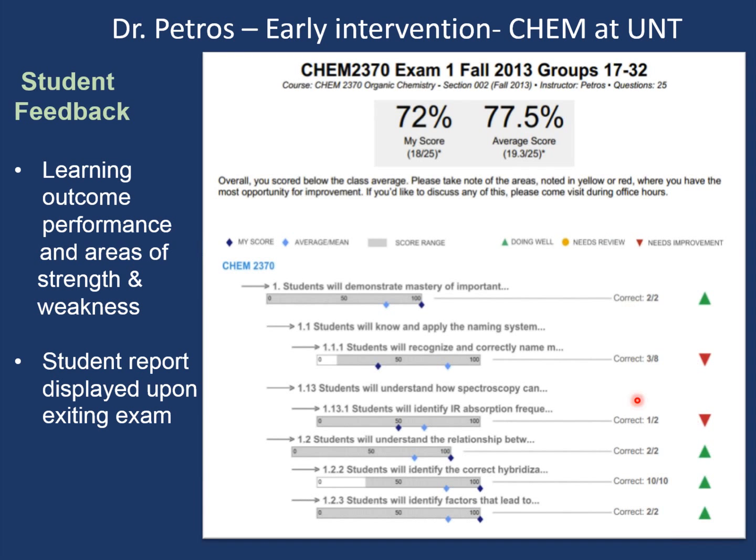So, for example, in this case, he could see that only 3 of 8 students clearly understood this concept and construct. And so what he would do in that case is adjust his materials, his instructions, his assignments, etc., pretty much on a weekly basis. And that's really what we're talking about in formative assessment. But you've got to have good data to do good formative assessment, right? And that's what we're arguing for, this very specific data that are tagged to items, which are tagged to granular learning outcomes.